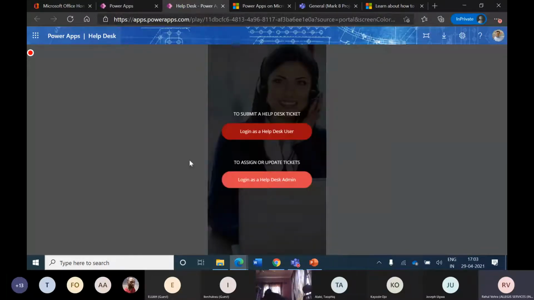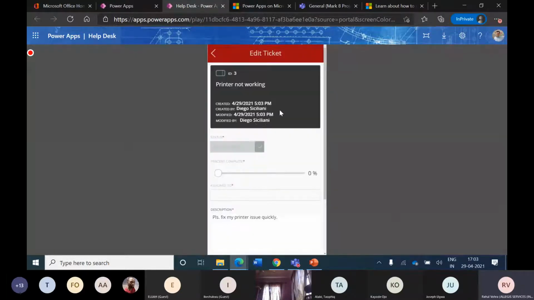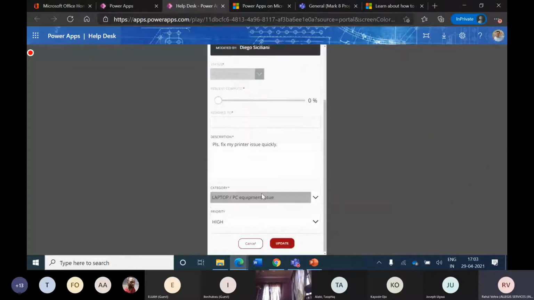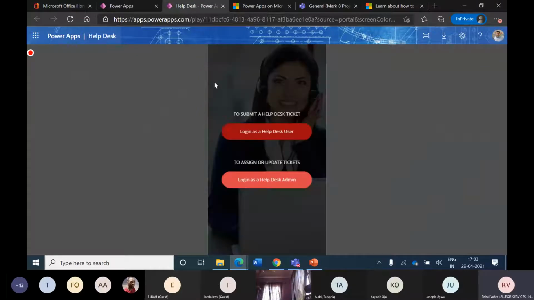Now let's see how this is expected to behave from a help desk admin, because from my access I can only come here and take a look at what is happening to this one. Clicking on edit just gives me a read only view of my ticket. Coming out and going into the help desk admin, okay, because it is showing I don't have it. So we will see once we implement it how the help desk admin is expected to